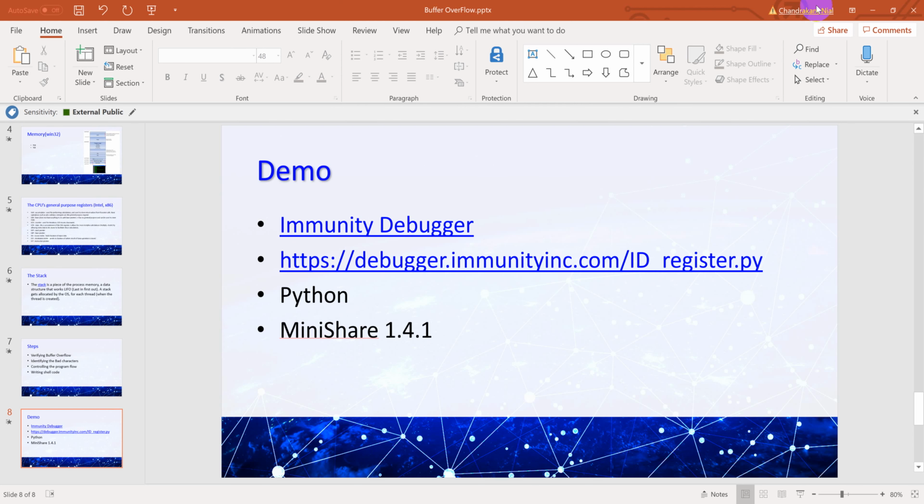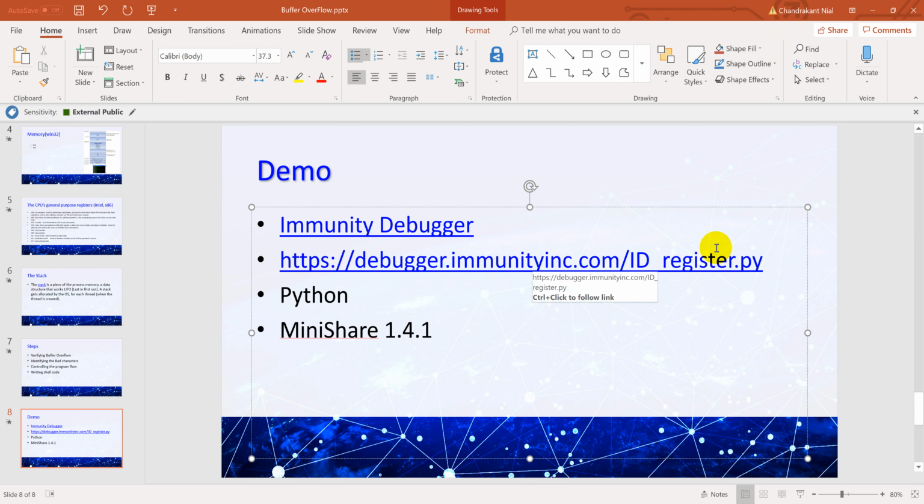Now in order to complete the attack, we would need Immunity Debugger for Windows analysis, memory analysis, and it's a free tool that you can easily get from this specific link, or you can Google for Immunity Debugger for Windows. You just have to make a small registration and you will be able to download the application, right? We would also need Python to make a program which will send some requests